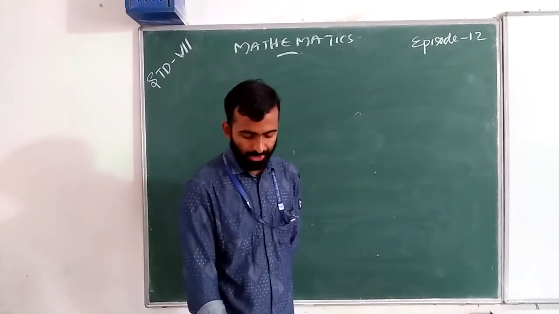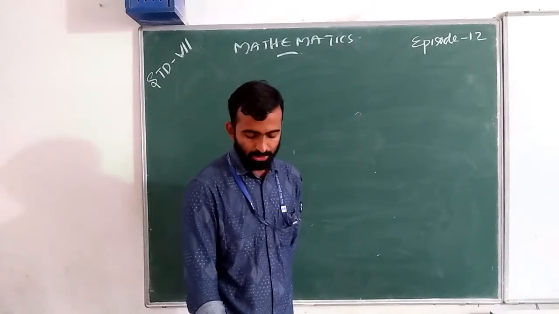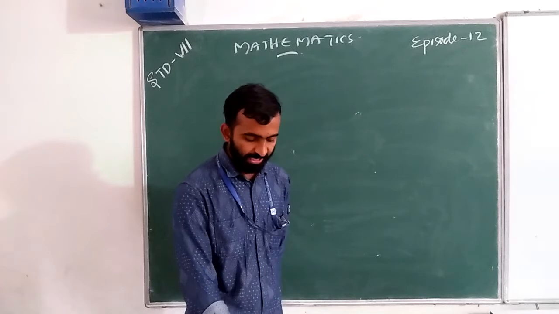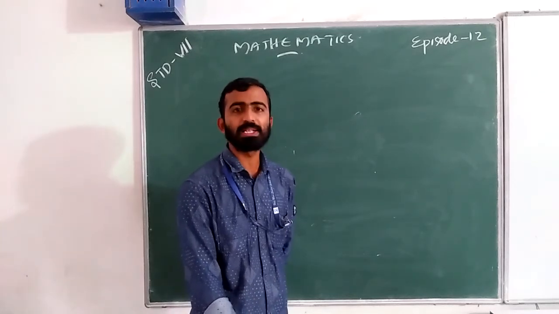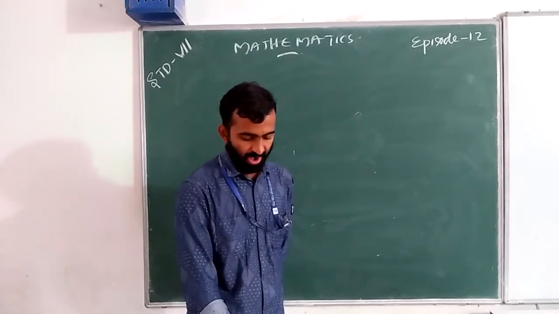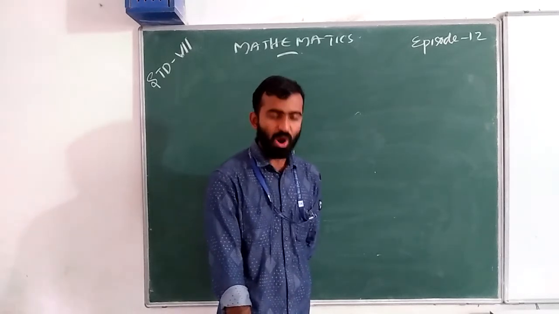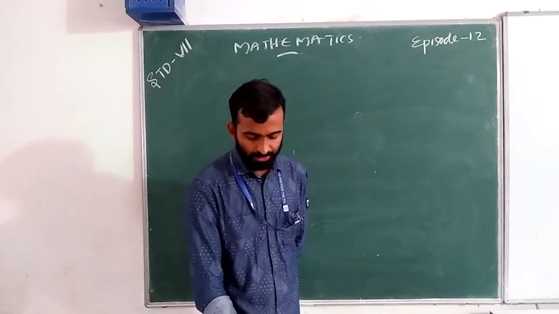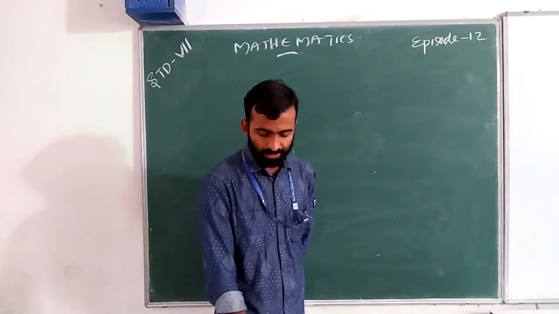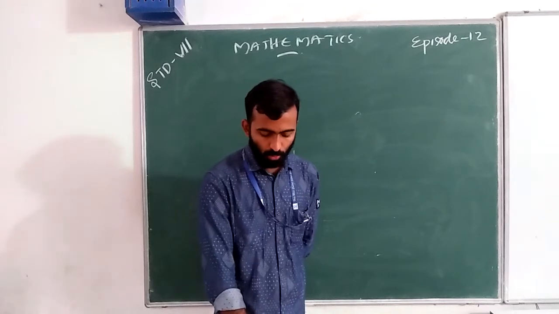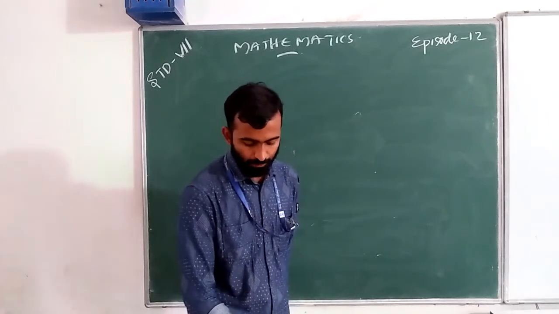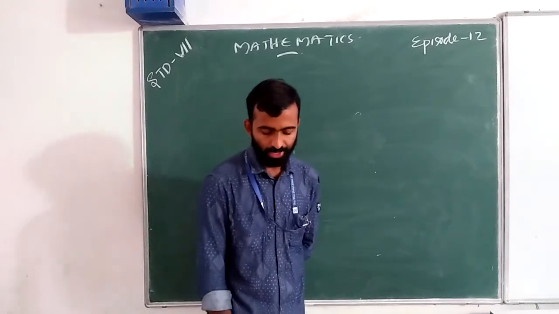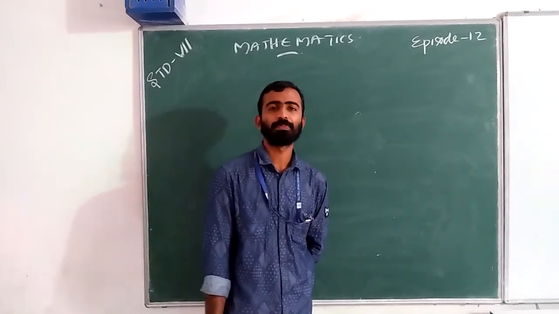I repeat the question. The temperature at 12 noon was 10 degrees Celsius above 0. And if it decreases at the rate of 2 degrees Celsius per hour until midnight, at what time would the temperature be 8 degrees Celsius below 0? What would be the temperature at midnight? We want to find the midnight temperature.